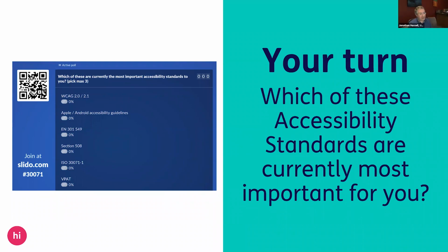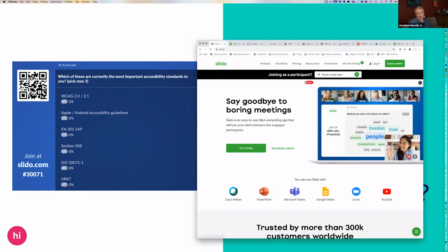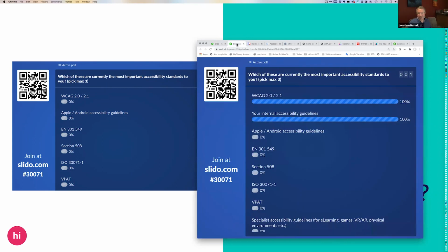But before we do all of that, I hope you would be happy to participate in a Slido. I don't know if you've used slido.com before. Probably we've been in pandemic lockdown and Zoom calls for long enough now that you all know this. But if you go to slido.com, there is a quick survey on there. If you go to slido.com or sly.do, you will arrive at a page that looks like this. If you put in as your code 30071, then you will appear in this summary of what's happening in the poll there.